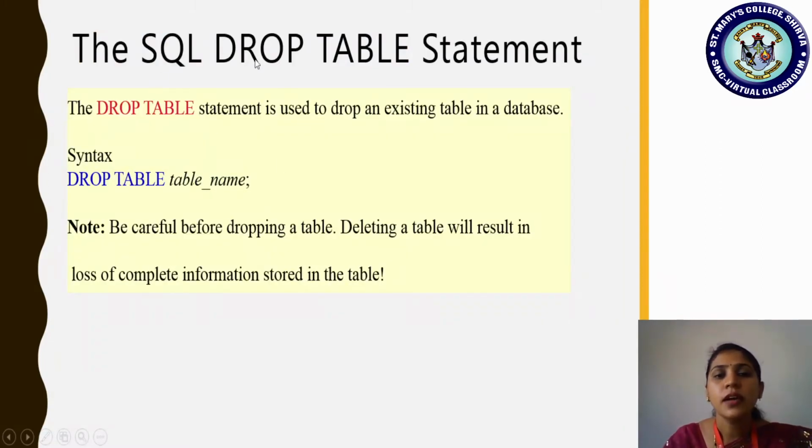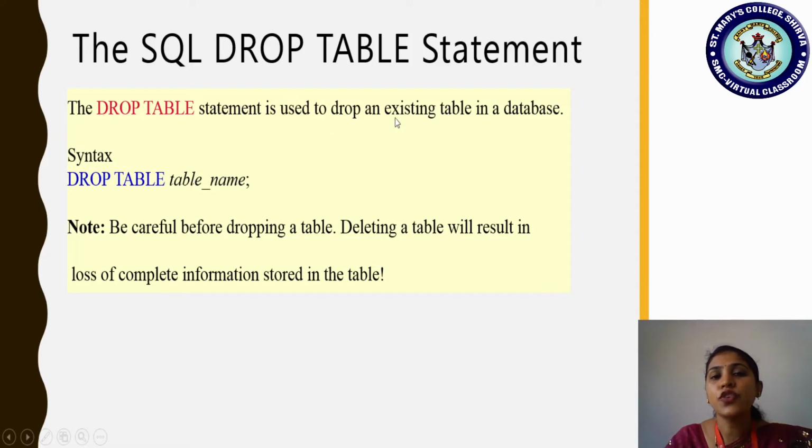Okay students, I just discussed how to drop or remove a particular attribute which is already there in a table, right? Suppose we want to completely remove a table, if you want to delete a table completely from the database, then you should use this particular syntax: drop table, table name. What is this going to do?